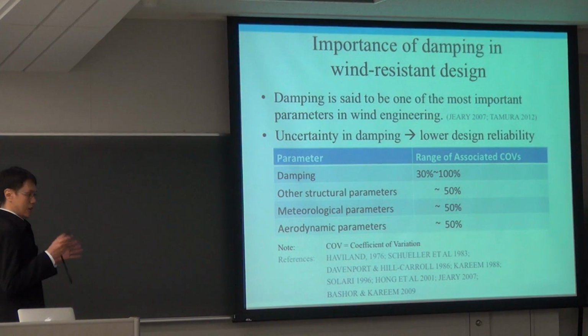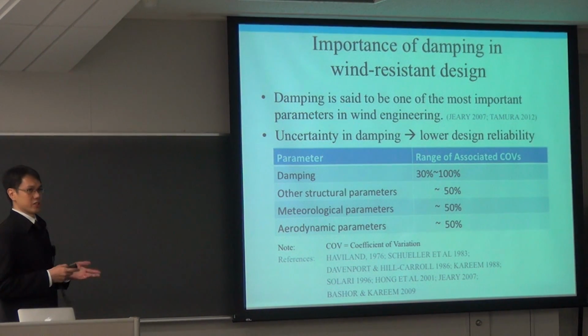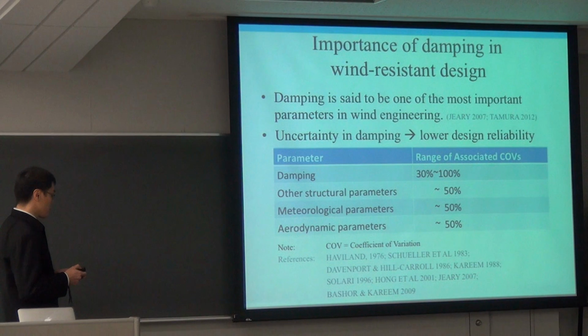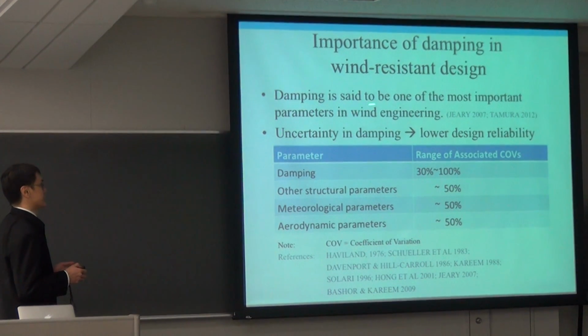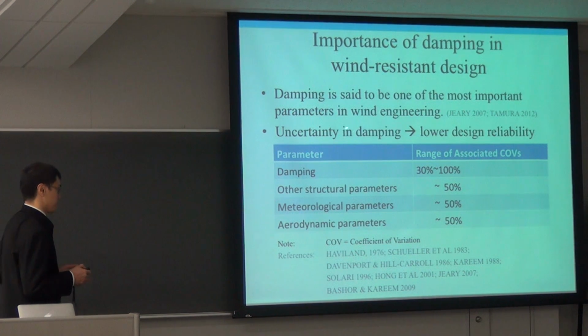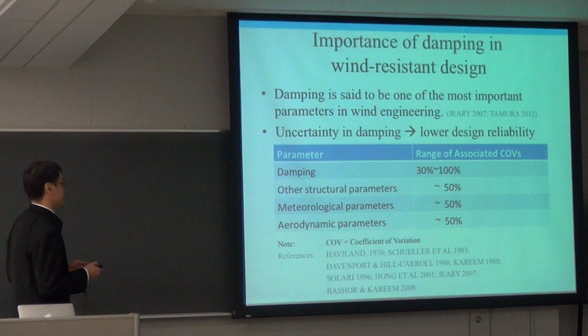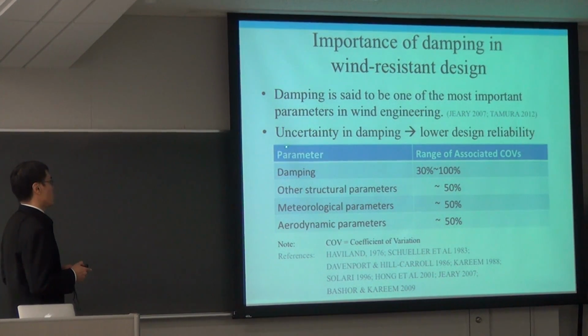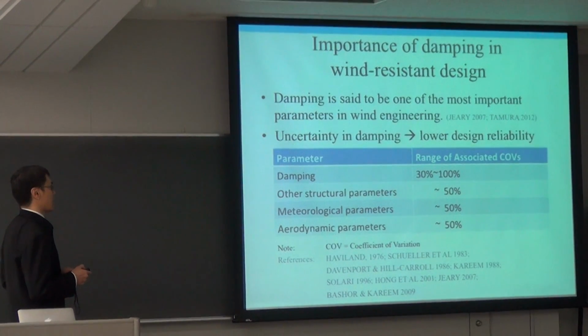So, chapter 1, introduction. Why are we studying damping? What is the importance of damping in window system design? Many have said that damping is one of the most important parameters in wind engineering, and particularly window system design, for example, of buildings. And I believe one of the reasons why is because there is high uncertainty in damping, which leads to lower